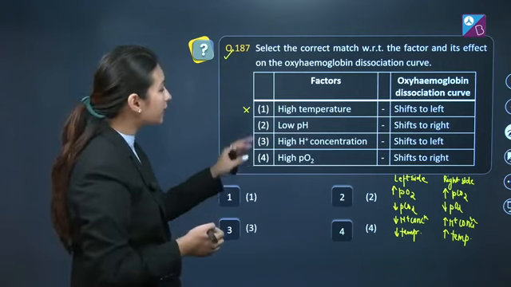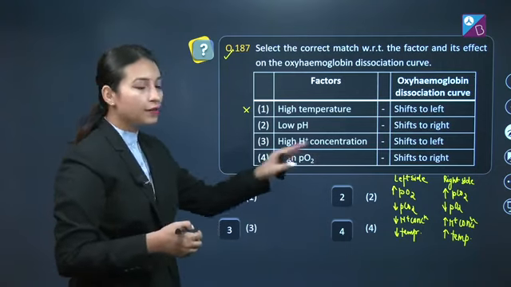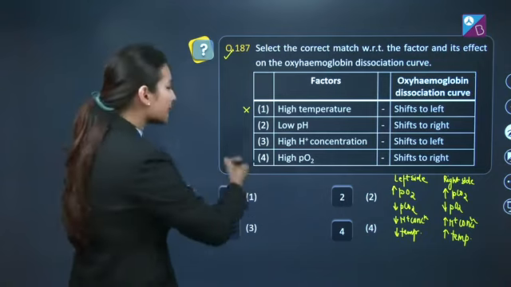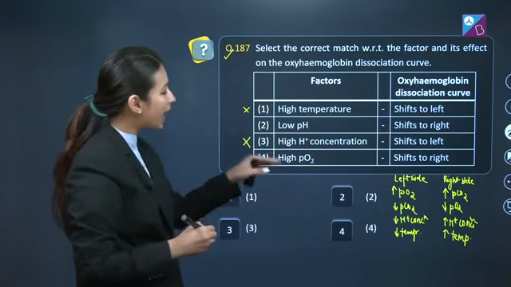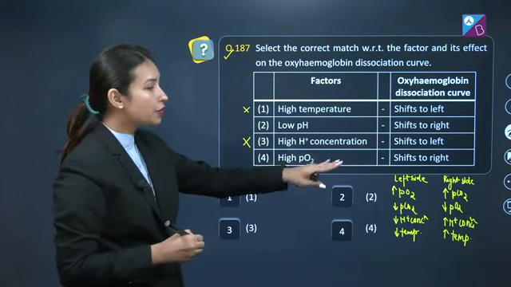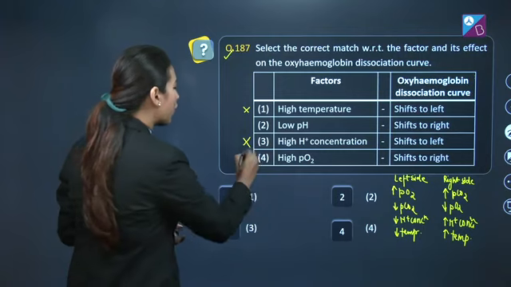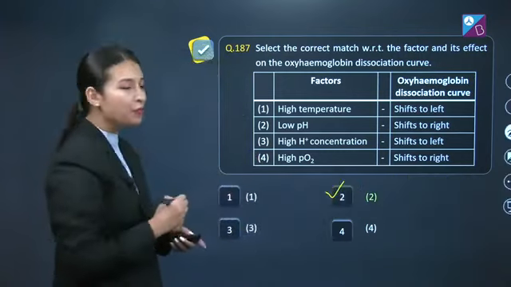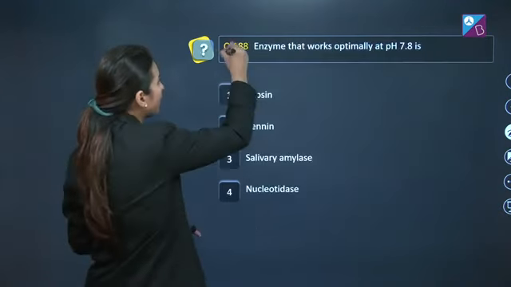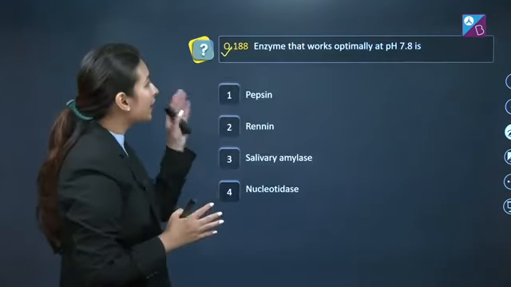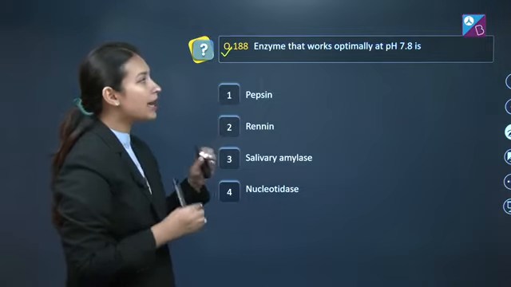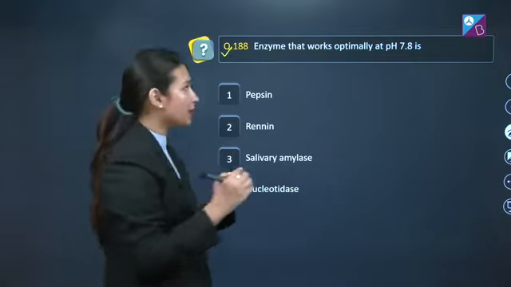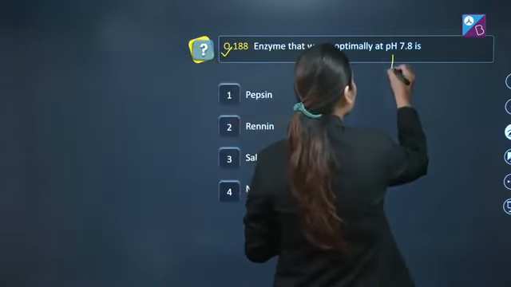Option number 3 here is high H plus concentration shifts to left. This is wrong as this will lead to the shifting to the right side. Option number 4 here is high PO2 leads to shifts to right. This is absolutely wrong. So our correct answer here is option number 2. Now let's move on to next question, that is question number 188, which states enzyme that works optimally at pH 7.8 is. So students, at pH 7.8 the enzymes which works are